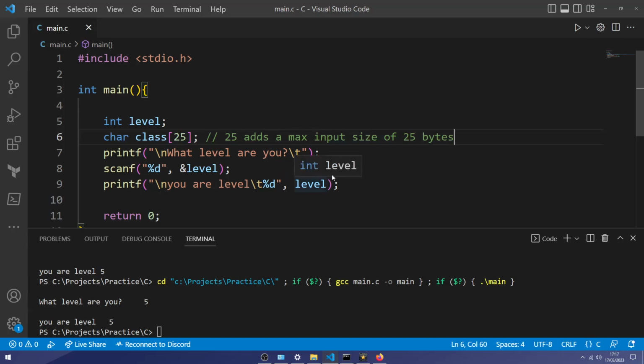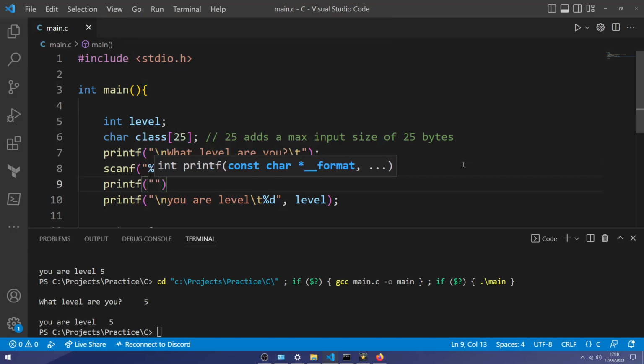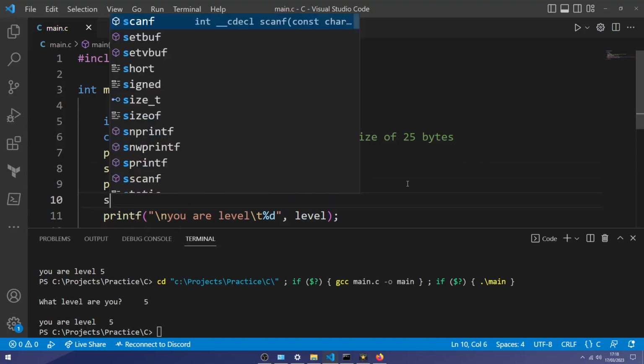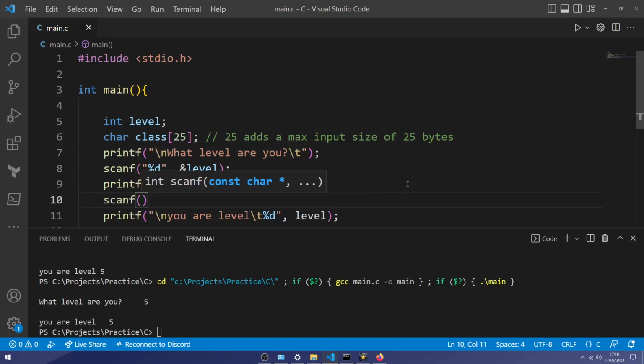So here I'll type in, what class are you? And we're expecting a string to come in, or a character array in this case of C. And with the %C, we're expecting a character array to come in, and we'll assign that to class.